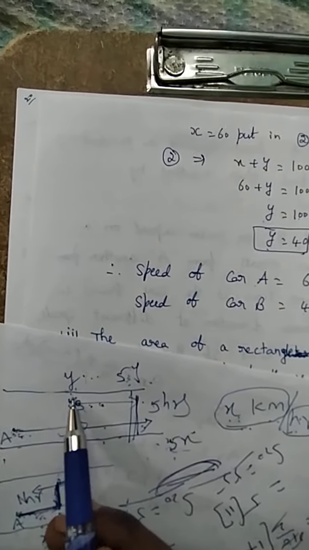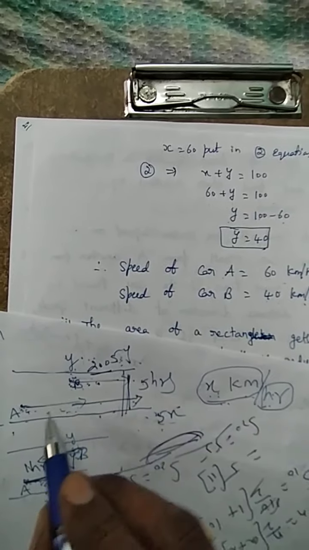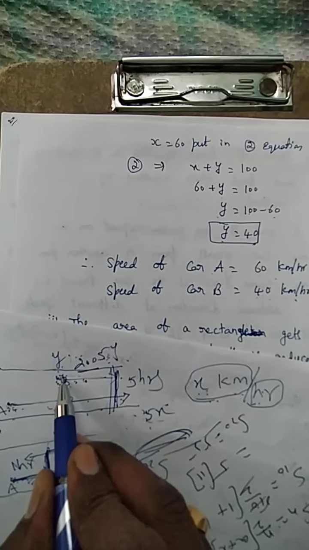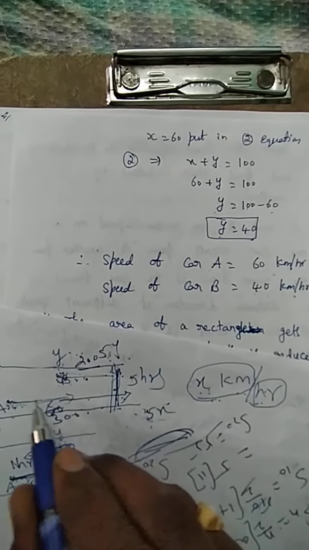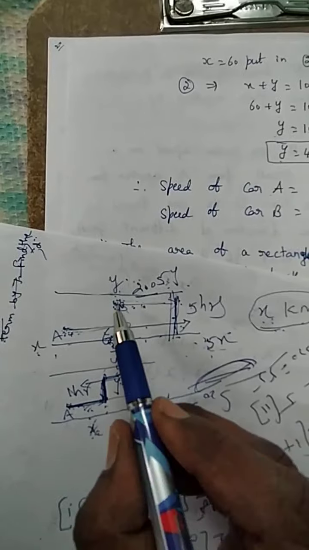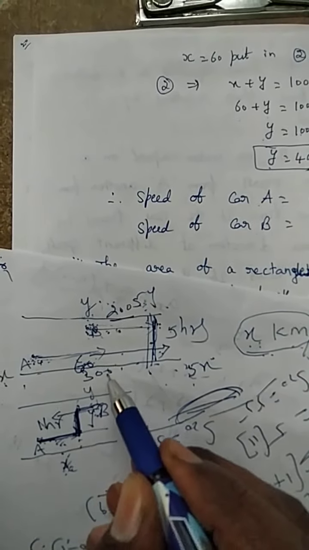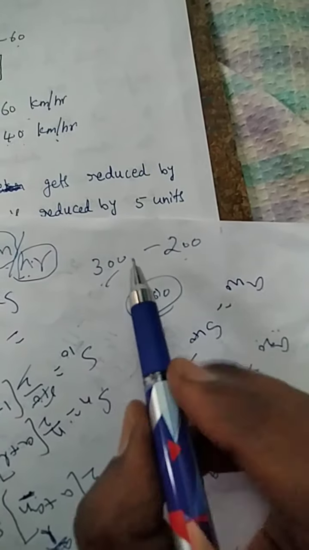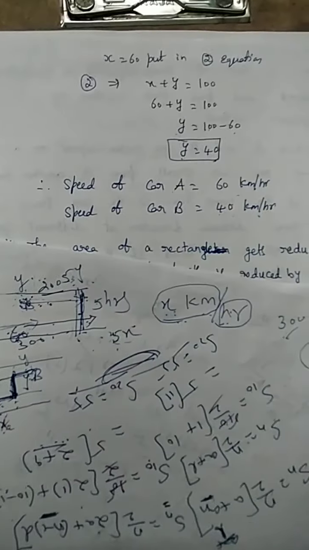Why? Because car B travels 200 kilometers in those 5 hours, while car A travels 300 kilometers. If car B reaches the 200 kilometer point, then car A will reach that point within 5 hours, because car A's speed is more than car B's. So the journey difference is 100 kilometers, which is clear, because the distance between the 2 points is 100 kilometers, as given in the starting question.